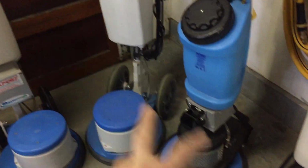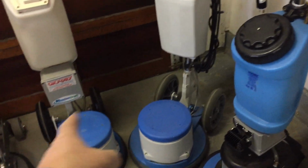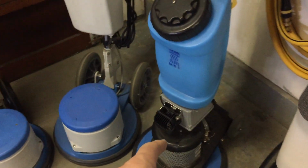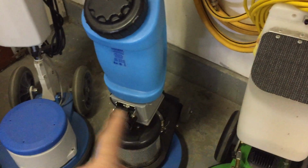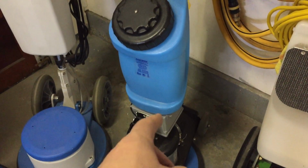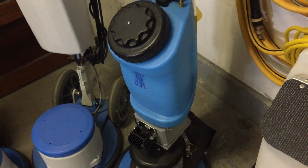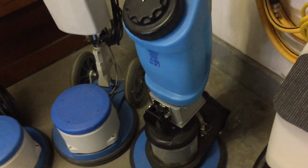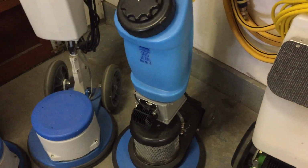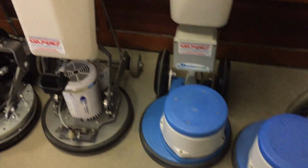These 3 machines, 1, 2, and 3, are the same machine. But this is my main one, and these 2 are backups. And I have another rotary, but this particular machine has 2 speeds, whereas these are single speed. This is a 175/300, and its main purpose would be for the occasional commercial job, because in some cases I want to have the higher speed, and it has the maneuverability like a rotary does, as opposed to my other